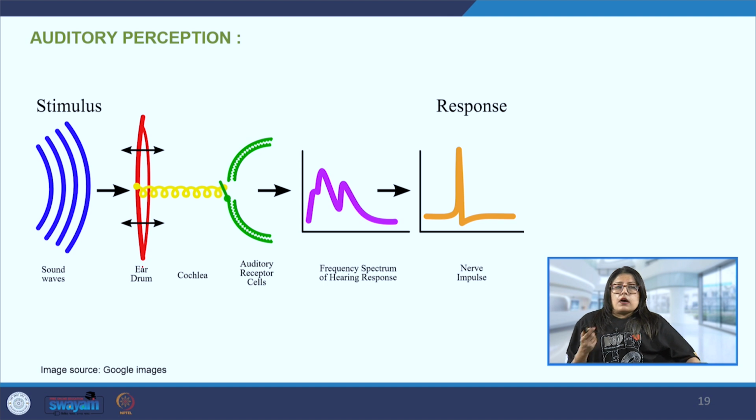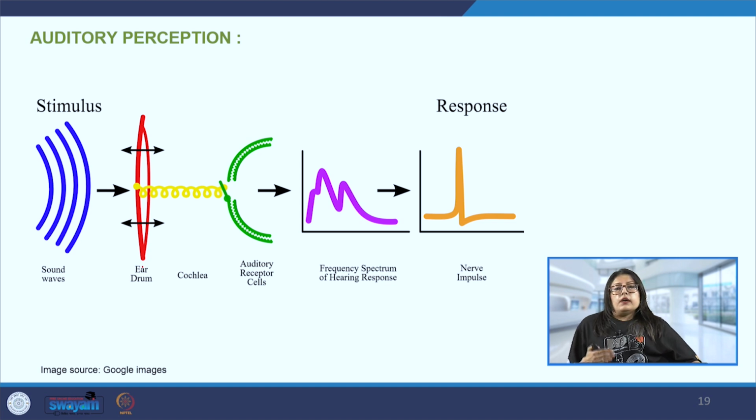The next is our auditory perception. So auditory deals with the hearing, and when there is a sound in the environment, it reaches the ear, and then the noise is cancelled out by the ear, and only the important meaningful information that it is seeking reaches the ear, and that is how we hear it and then respond to it. So that is the very basic mechanism of it.